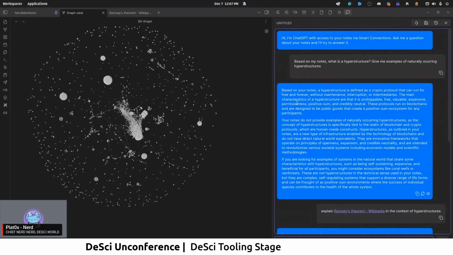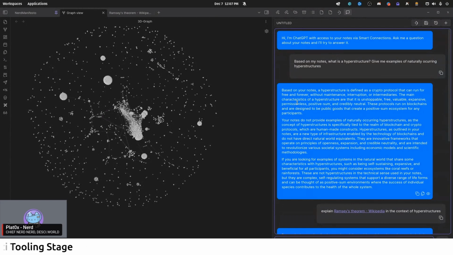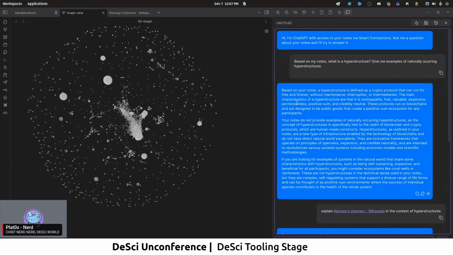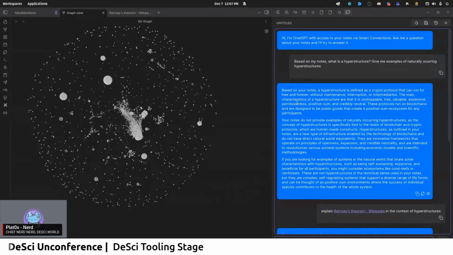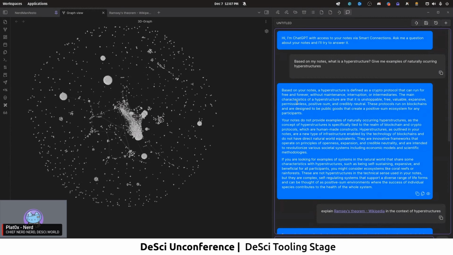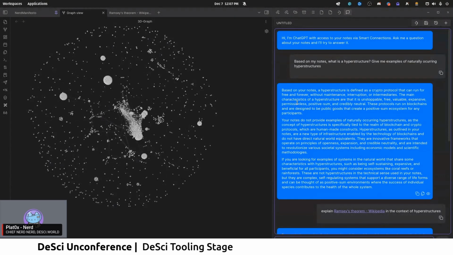And then I actually went ahead and asked ChatGPT, or well, the brain, what it thinks about hyperstructures, because we've talked a lot. So I'm just going to read back the response to you. Based on my notes, a hyperstructure is defined as a crypto protocol that can run for free and forever without maintenance, interruption, or intermediaries. The main characteristic of a hyperstructure is that it's unstoppable, free, valuable, expansive, permissionless, positive sum, and credibly neutral. These protocols run on blockchains and are designed to be public goods that create a positive sum